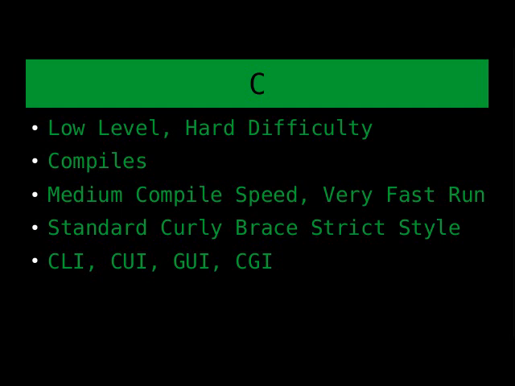This is like C++, except it doesn't support object-oriented programming and some other features. So it becomes very lightweight and much easier to compile. That's why it's got the better compile speed between the two, and the faster running by the time it's done. It gets a better compilation done in less time.